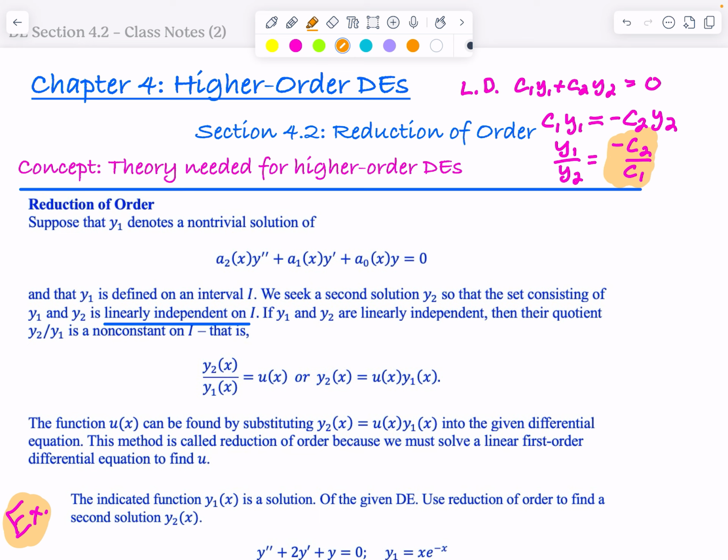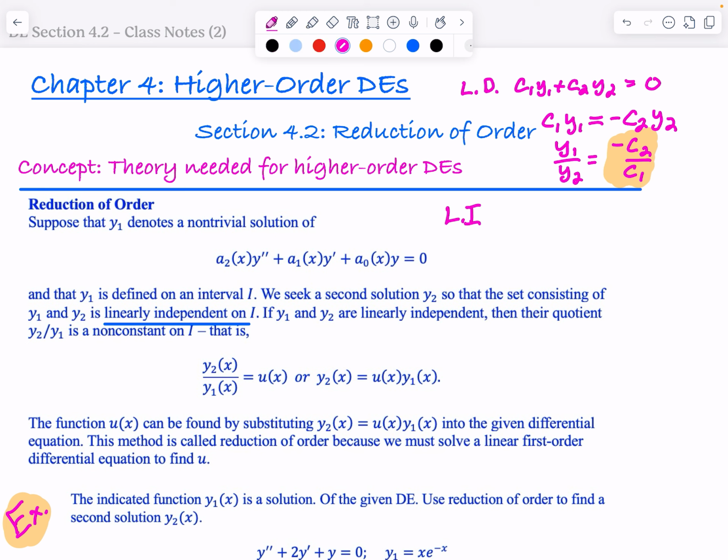This makes sense anyway, because dependent means that they are multiples of each other, that they can be created from each other. So these constants exist. Well, if they were linearly